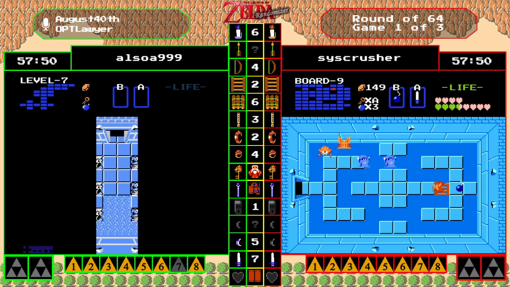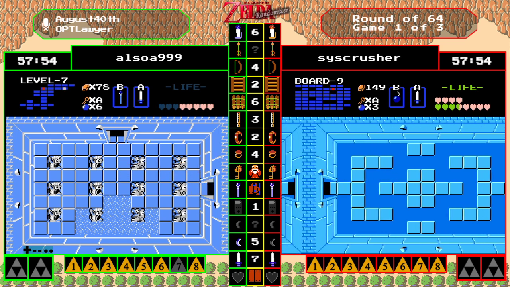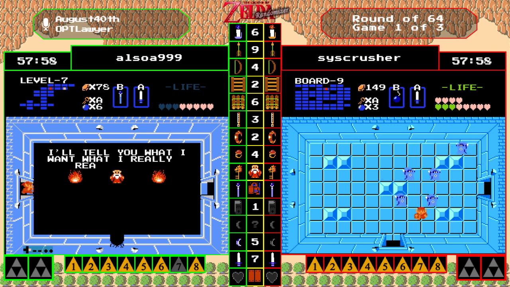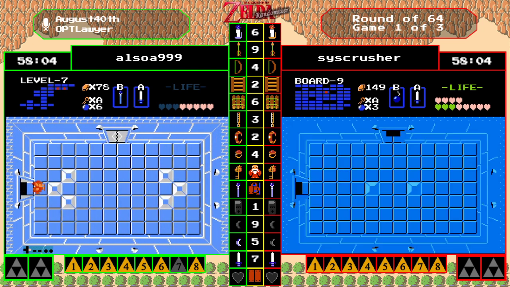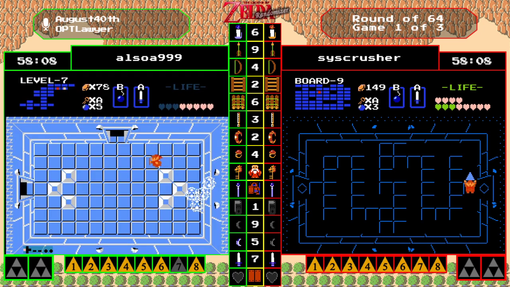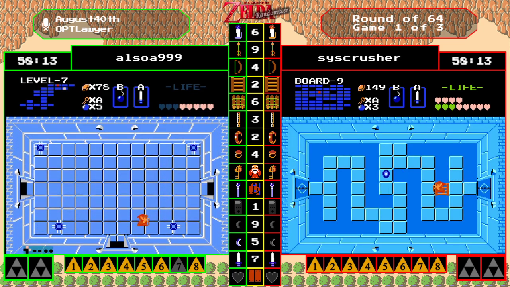This is huge right here. Oh, it's a heart container! The silvers are in 9! But, good news for alsoa, Syscrusher has yet to find them. He's done a whole bunch of exploring. Oh, yeah, absolutely. For those silver arrows. Yes, this is not even close to being over, as Syscrusher does find Ganon, but without the silver arrows,